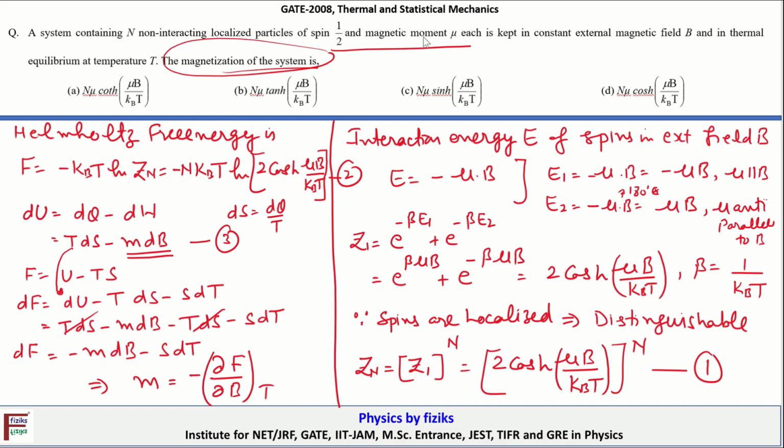Now we are going to make use of relationship 4 and equation 2. By making use of equations 2 and 4 we can determine the magnetization. So let me introduce a page here. The net magnetization is given as m, equal to minus dF upon dB, keeping temperature constant, and that is equal to